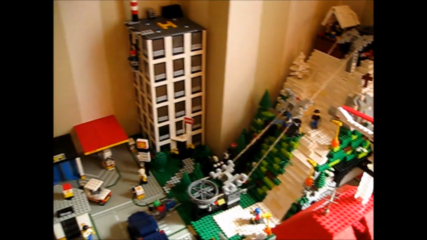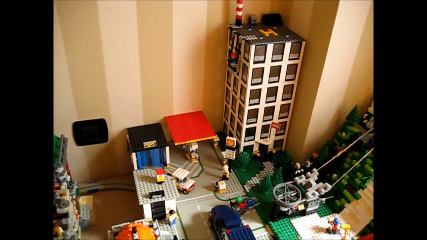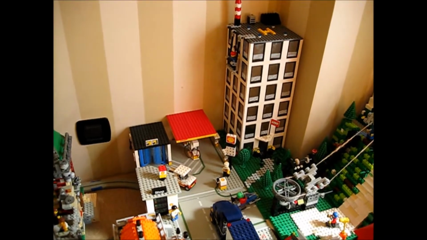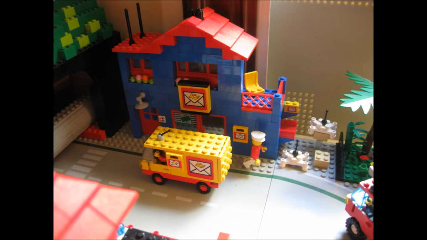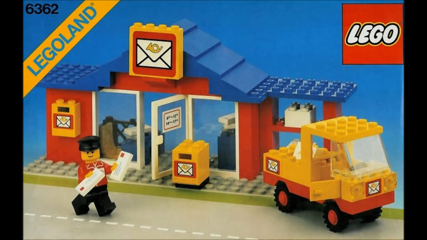That is the ski mountain also back there, which I also presented in a separate video, and the gas station and the skyscraper there on the back. The skyscraper is entirely new. So going one by one, the postal office is a building that I created myself, and you might already recognize